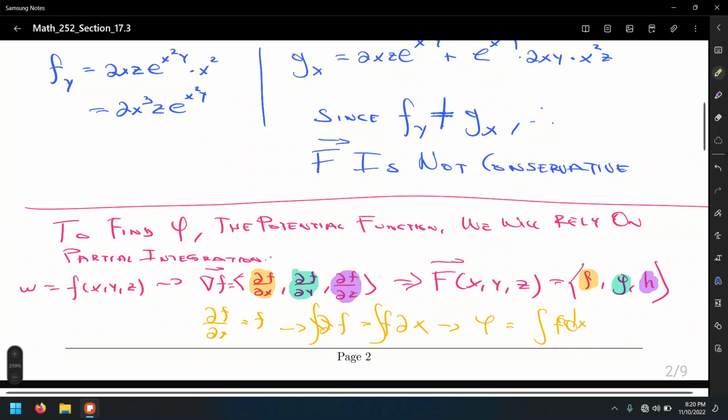And in the same way for the other two components, we will have to integrate each component with respect to x, with respect to y, and with respect to z. Let's do one example. Even though it sounds very straightforward, I mean, integrate with whatever variable we do,